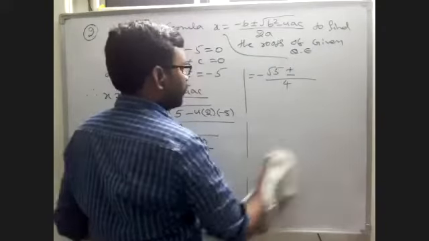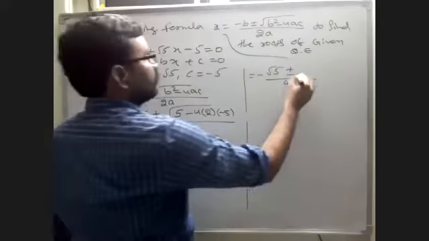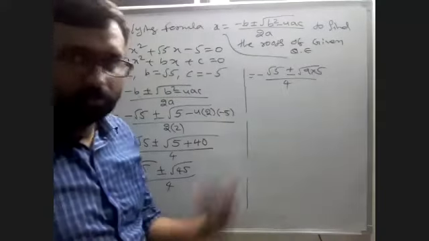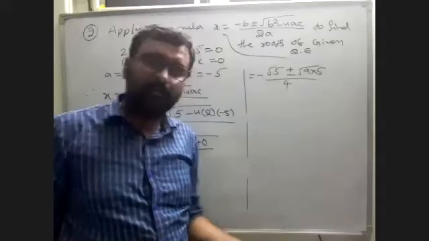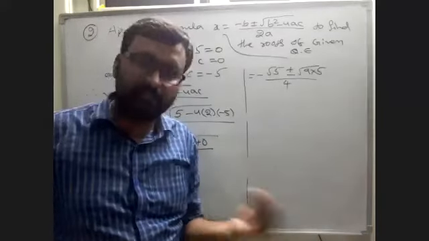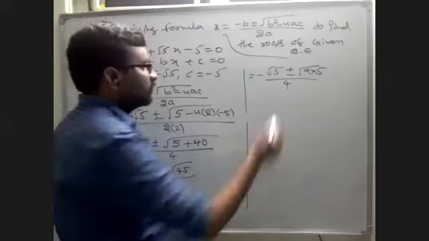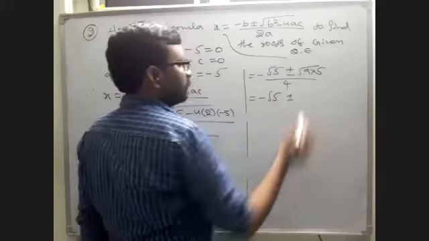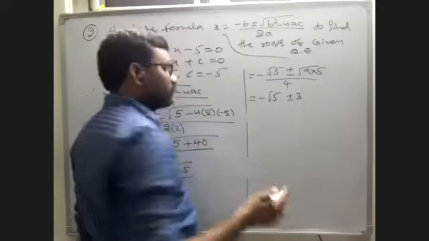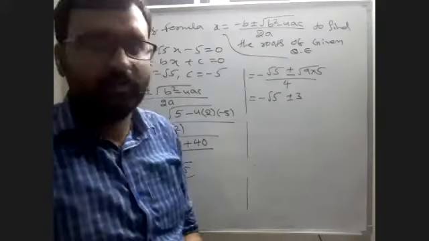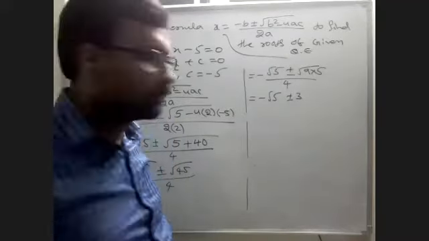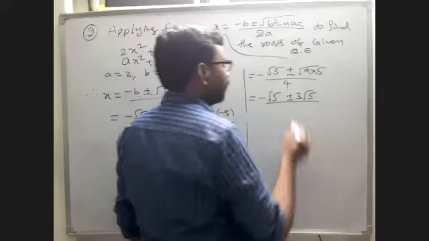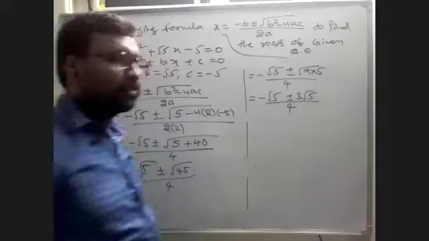So we can write root 45 as what? Root over 9 into 5. Understand? Yes, sir. So when we have a root value, we try to write it as a perfect square. Okay. Now this root 9 is nothing but what? Root 3 into 3. Root 9 is what? I am asking, root 9 is what? 3, sir. Then you have to say like that. Into what? 5, sir. Root 5 by what? 4.